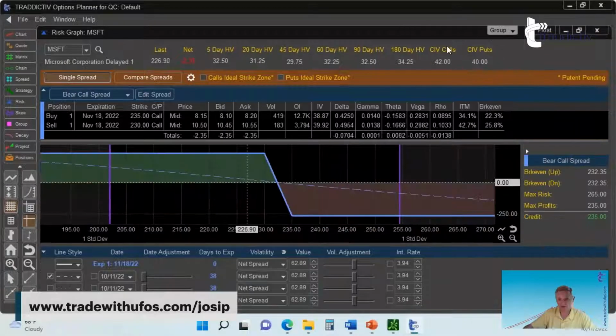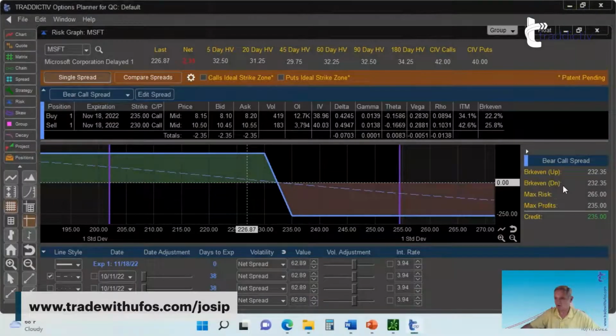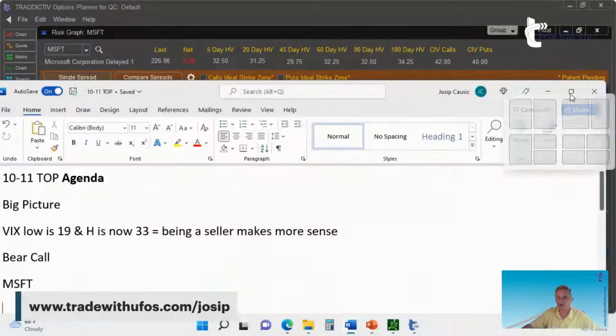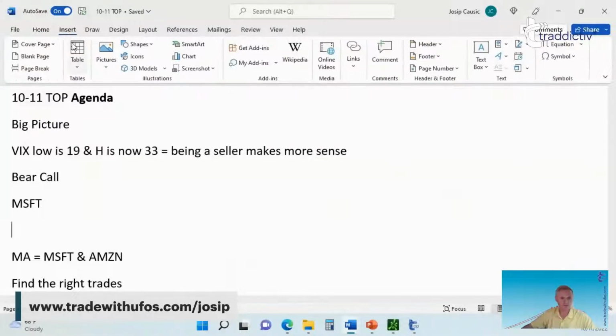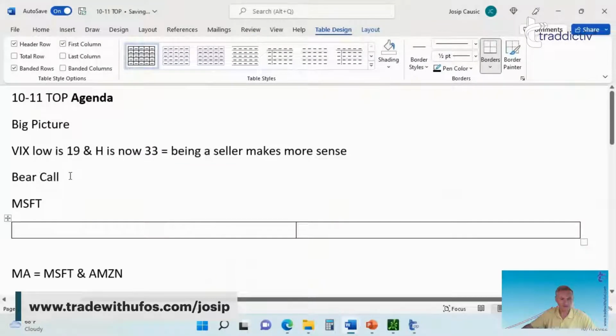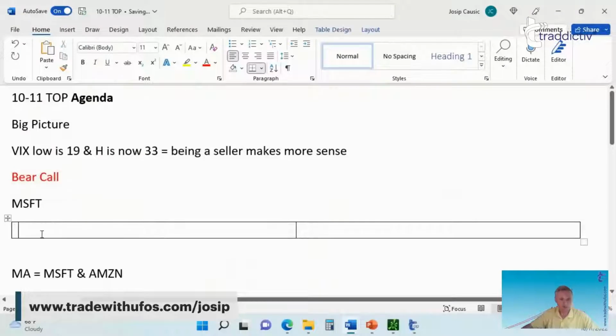let me just enlarge this here, 265. So I just want to have this as a point of comparison, so you would have it once I start comparing. Do I want to hit this with the November, or do I want to hit it with the October? So we're talking about the bear call spread as my trade for October versus November.